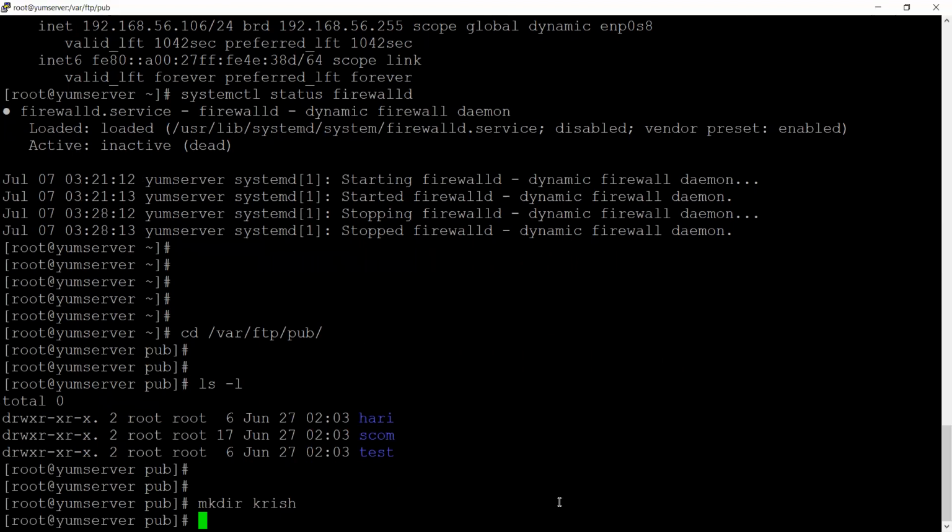Similarly, whatever directory is created in the FTP server, we can browse the same through the FTP protocol. Go here, parent directory, just click here. Here, Krish is there. Whatever directory I created, we are able to see. This is the FTP server protocol. How can you make it? That is the demonstration about FTP. Based on this FTP, we can create the service as a Linux server. For that, we need to install the FTP package.